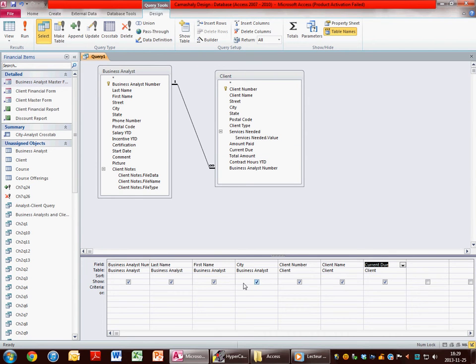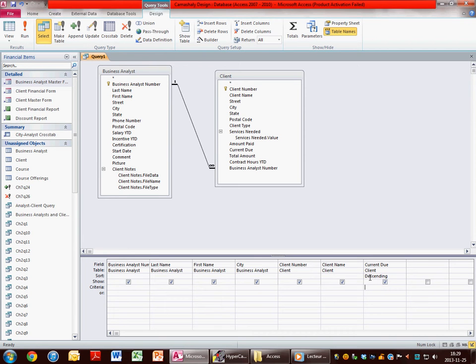So these are the fields that are linked together between the two tables, and I'll just compress it in one table. It's pretty useful because you have your business analyst and your clients' info all together in one table instead of two separate tables. After you choose your fields, you can also sort them by whatever field you want. For example, I sorted them by current due because it shows immediately which of your clients owes you the most or the least. If you sort by descending, the first one on top is the one that owes you the most, and so on.